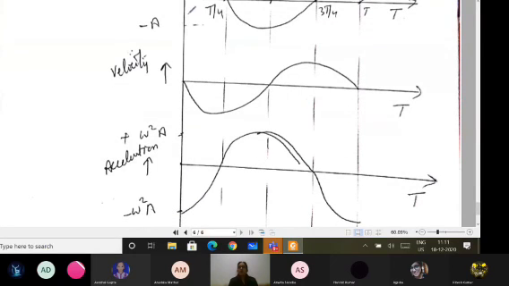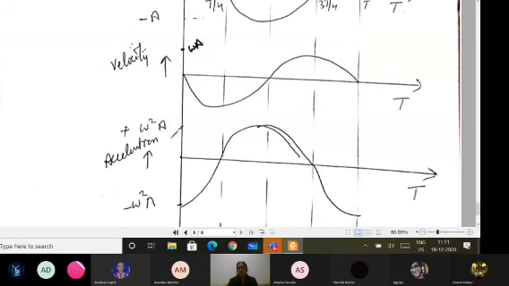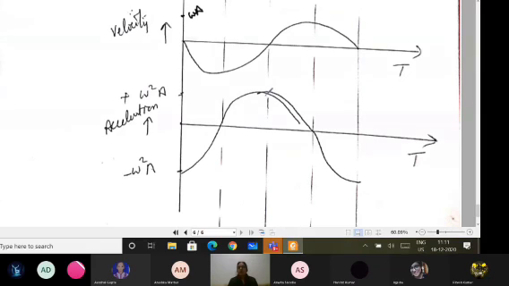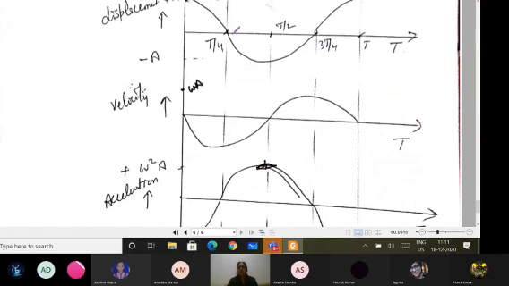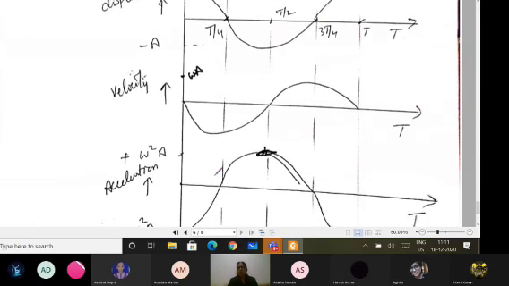But of course the maximum values of the velocity and the maximum value of the acceleration should be known to you. On the positive side, this we have already seen, the value is omega a, and here it is omega square a. So this way you should be able to do the graph plotting showing the phase difference. When the displacement is 0, acceleration is also 0, because acceleration is equal to minus omega square x. But at that point the velocity is maximum. So this we have proved mathematically. You have to draw the graph for the same.